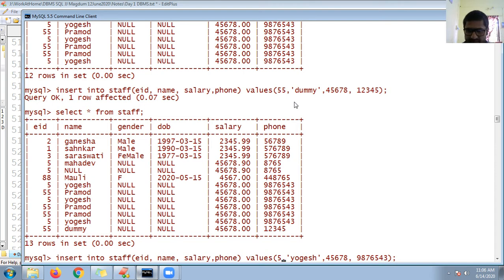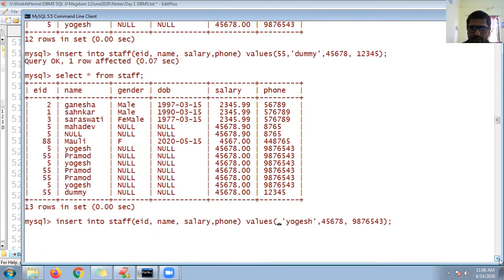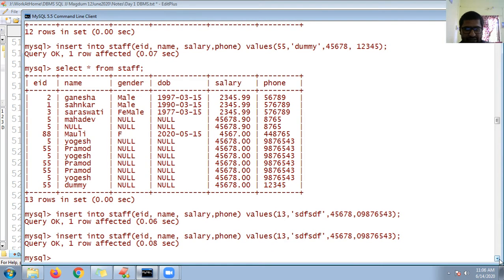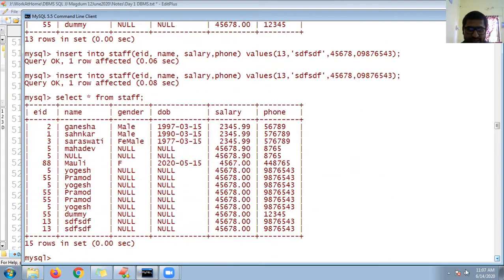Now I want to insert 15, one more with some dummy values. Now you can try with the 0. If I add here 13 and some other values, and add the 0, now see here, again you won't get any difference. You will get the same. So for 13, to get the difference, I can use single quote here.